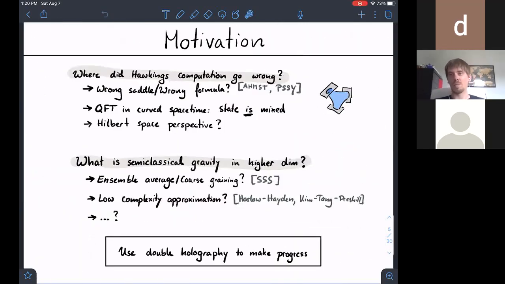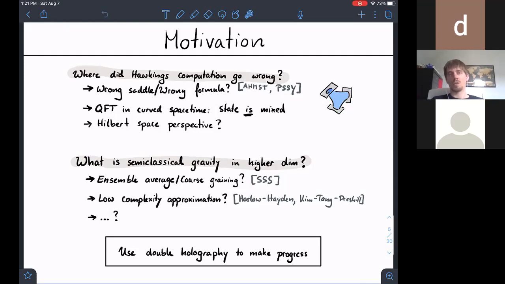Okay, so now that's all great, and one can test this thing in a variety of different settings with different black holes and different theories of gravity, and so on and so forth, in different dimensions. But the problem is it doesn't really tell us why this is the right prescription. So there's many questions which are still unanswered, and I want to focus on two of